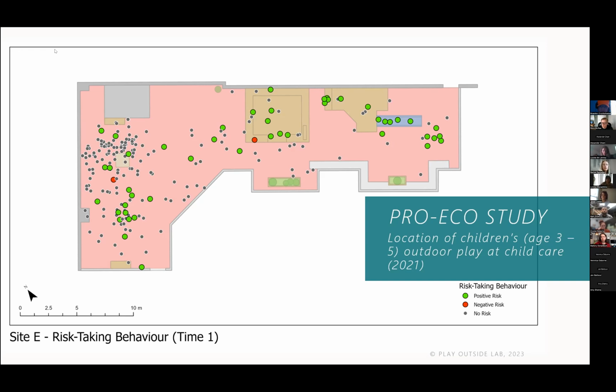And then the black gray dots is just a general activity where there was no risk or very, very low risk. So as you can see in this one, a lot of it clustered around the play structure with the slide, and actually kind of just off to the side of the slide. And we're investigating some of these specific points, like what was occurring. But right now we just picked out the trends. And same, there's a playhouse just to the left of where I've circled, and a lot of risk-taking activity happening